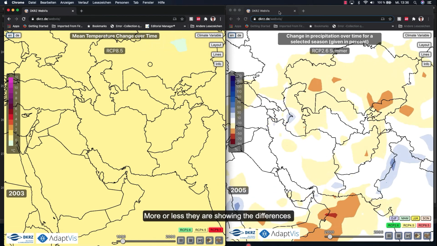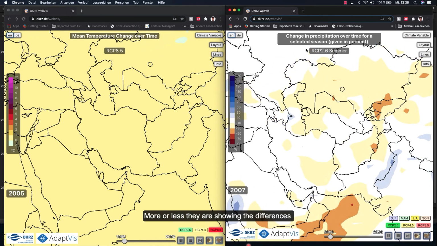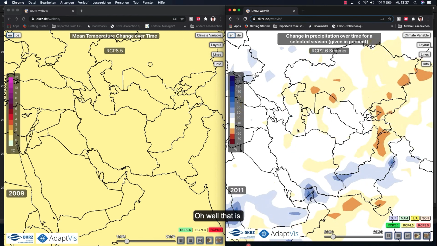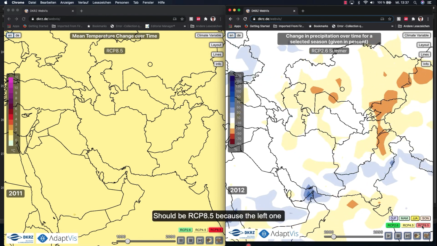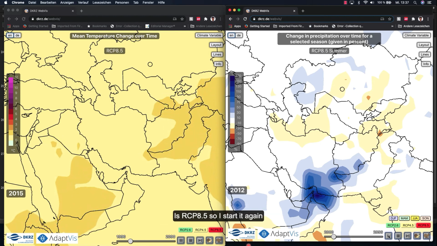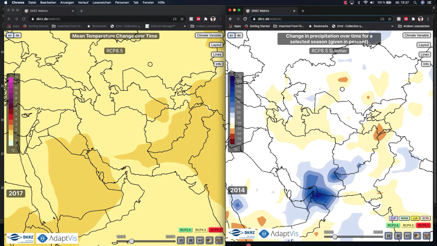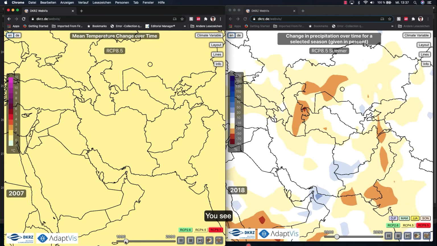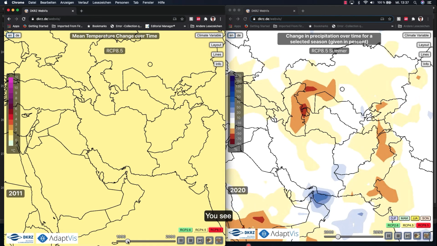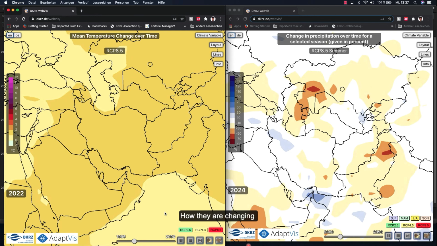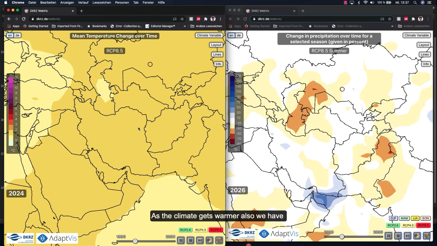More or less they are showing the differences. Oh well, sorry, that should be RCP 8.5, because the left one is RCP 8.5. So I start it again. You see how they are changing as the climate gets warmer.